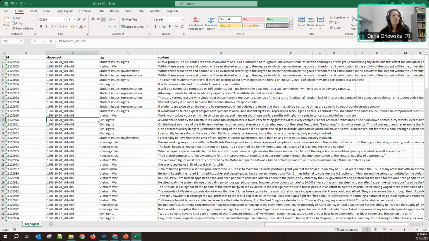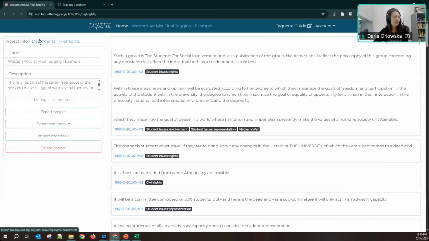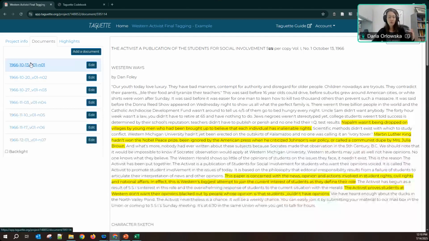The problem with people simultaneously coding within Taget is if we were both logged in, you and I, the viewer, hello, then I coded this sentence and then you coded this sentence. On the back end, it would actually look like only one person was coding it. So you wouldn't know who coded what, which is why I think with two people, maybe have two separate projects, do the coding, compare your codes, and then maybe work together on the same project to finalize your codes.